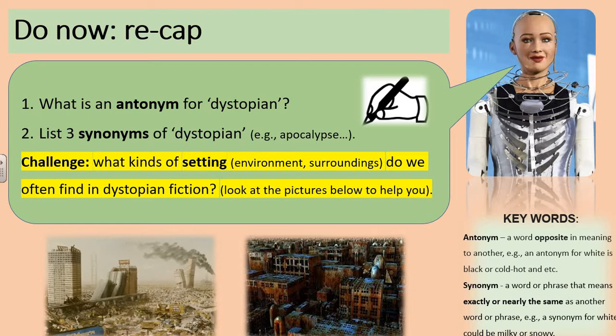So obviously the Holocaust persecuted a race. They were seen as very much worse than the other race that were persecuting them. They had all their rights taken away, they were killed, they lived in awful circumstances. So the Holocaust could also be viewed as a dystopian world at the time.